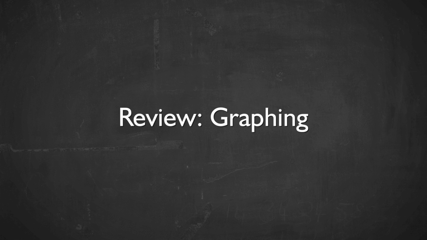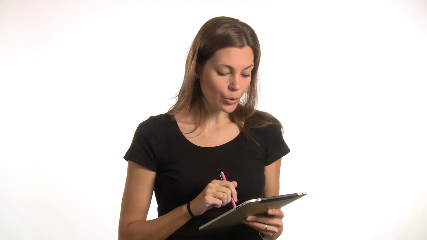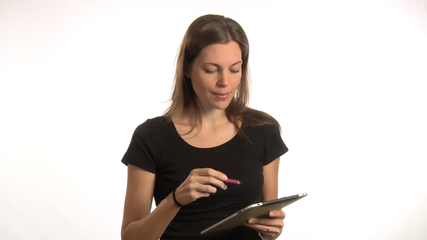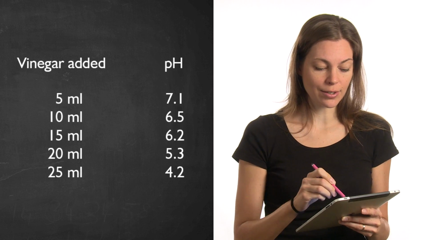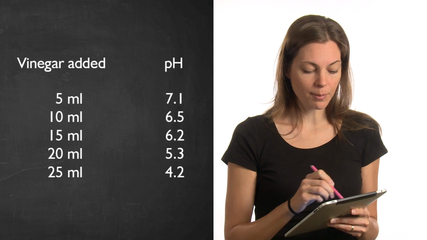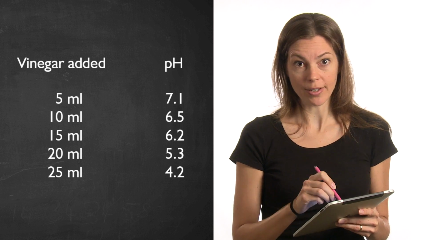Another thing we would often ask you about in this class is to take some measurements and then plot them on a graph to see if there is some relationship between two different variables. So now I'm going to quickly summarize how you would go about this. So let's say you measure the pH of curdled milk. And curdled milk is basically what you would use to make cheese. And so you add vinegar, which is acidic, at different volumes, and you then take the measurement of the pH. And so here is the measurements we would have. We would have at 5 milliliters, a pH of 7.1, 10 milliliters, 6.5, and so on in